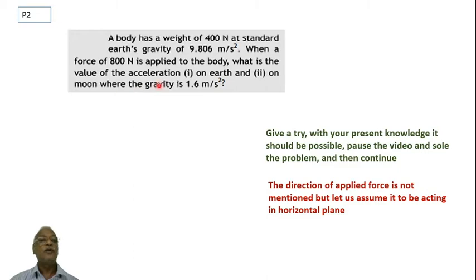On the moon, you know that 1/6 of the Earth's gravitational acceleration acts, so they have given it as 1.6. The whole idea is,